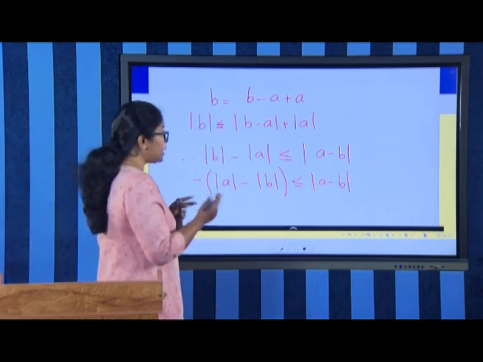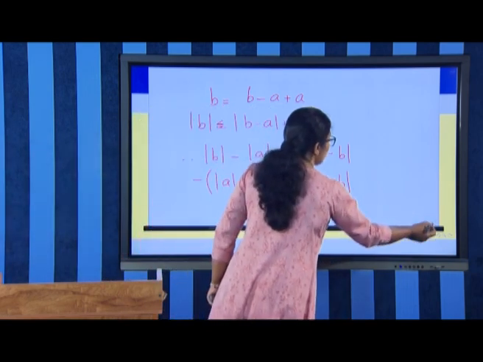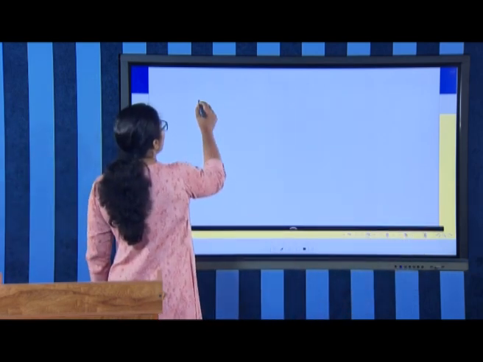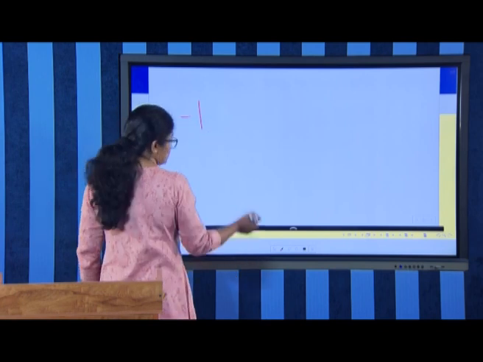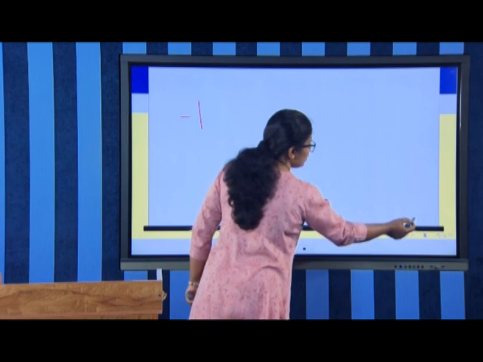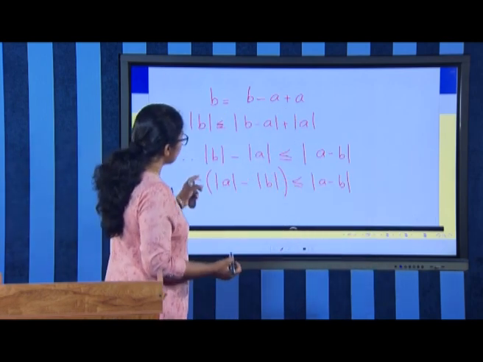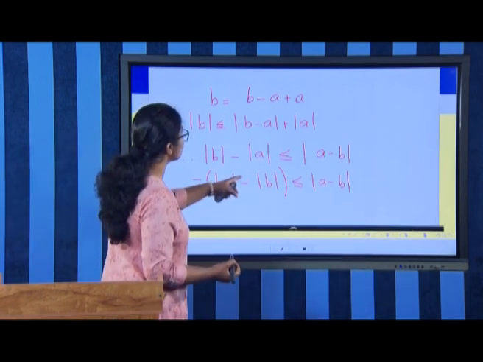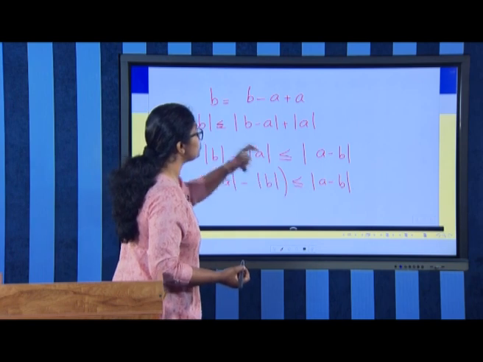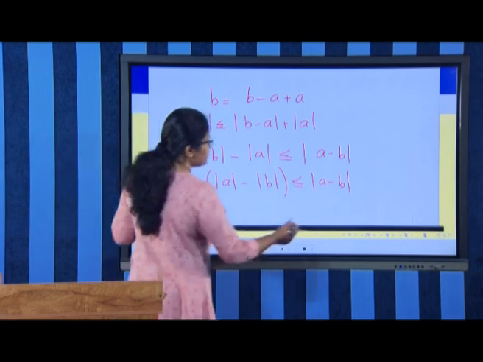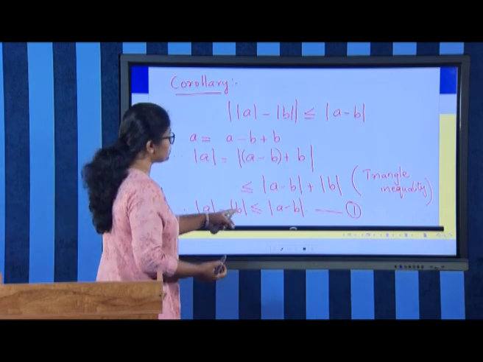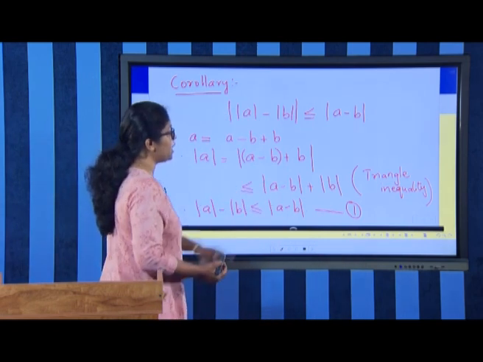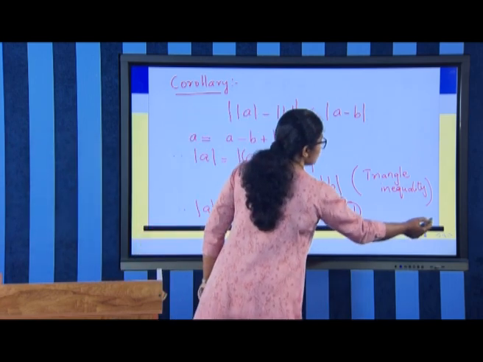Therefore, combining the two results, what do we have? Negative of modulus of A minus modulus of B is less than or equal to modulus of A minus B, and in the previous case what do we have? Modulus of A minus modulus of B is less than or equal to A minus B. So, we have,